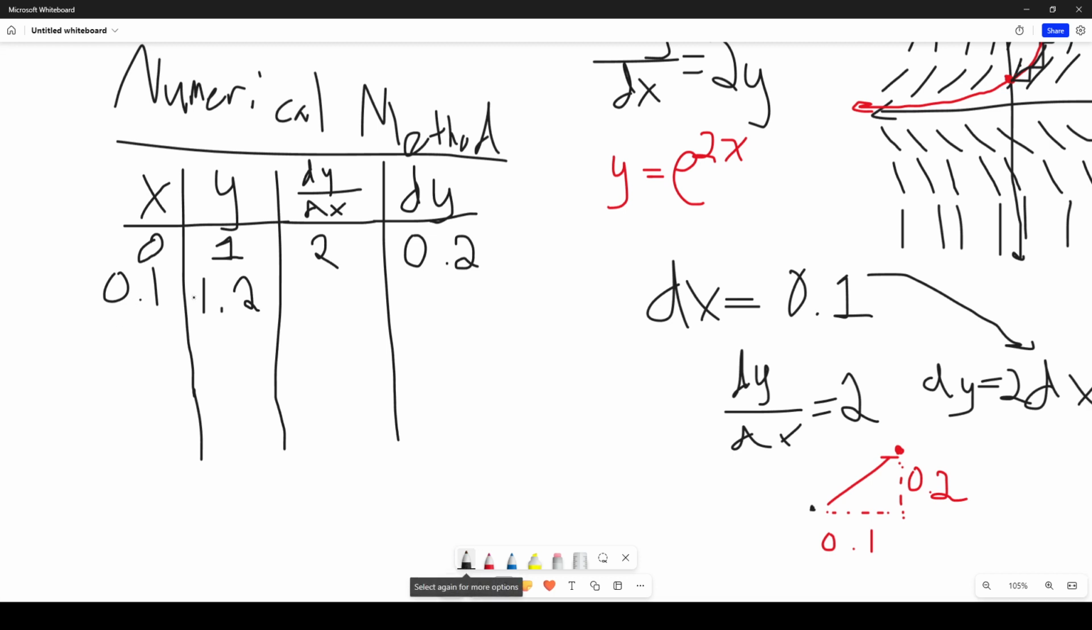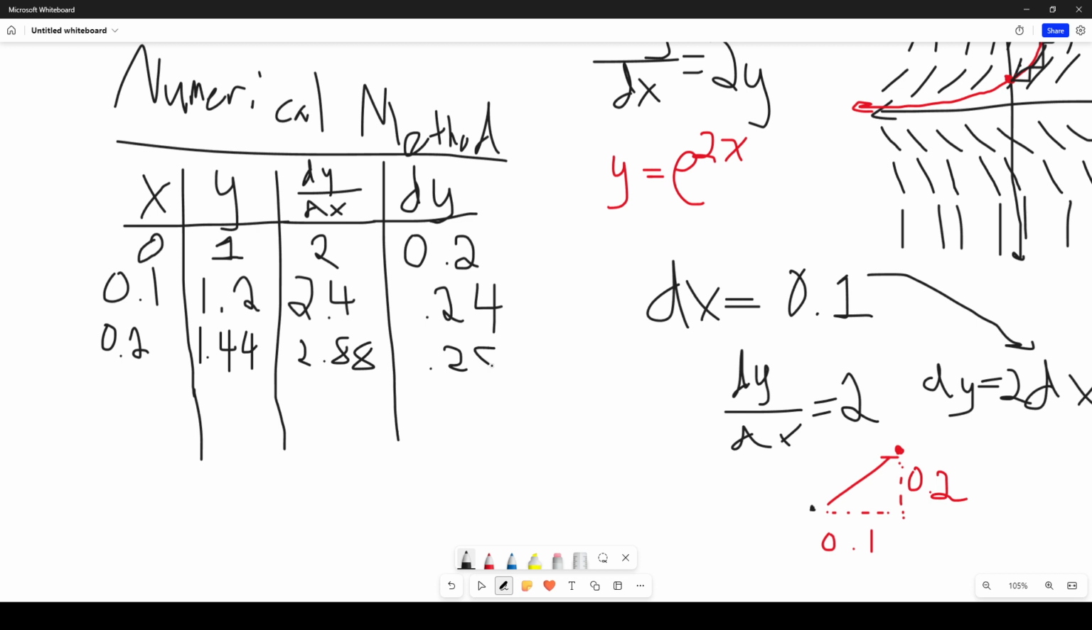Now repeat the process. dy/dx is 2 times that, which is 2.4, times 0.1 is 0.24. So now we increase x by 0.1, increase y by 0.24, multiply by 2, divide by 10, and then add on another